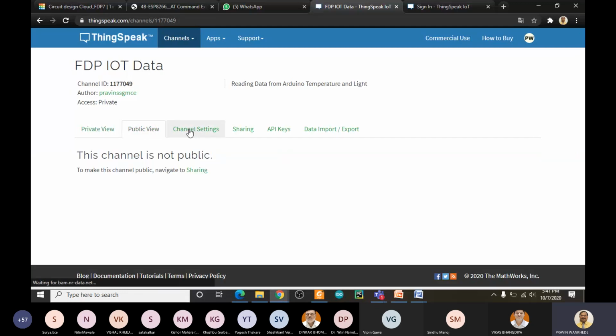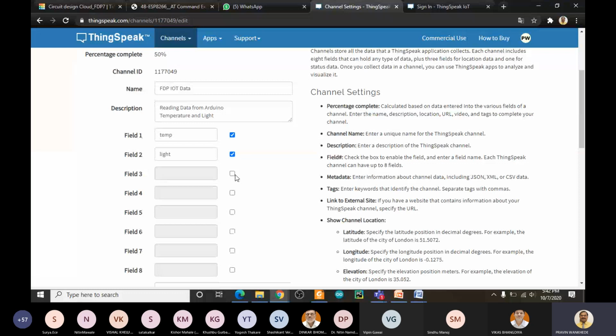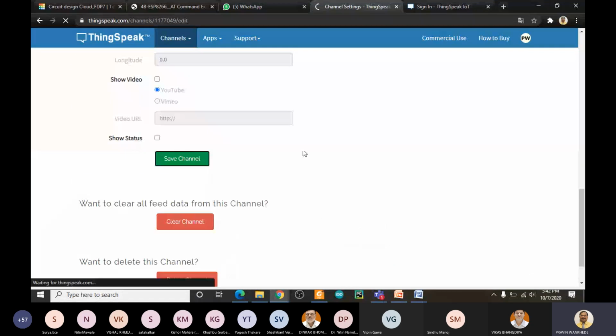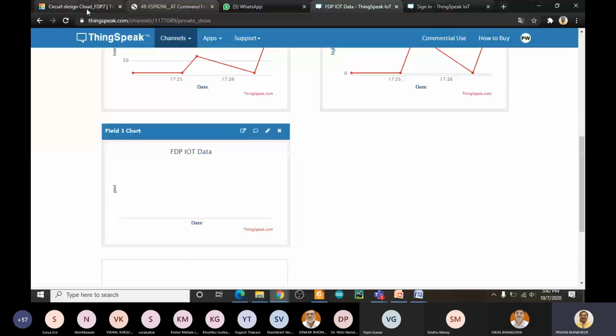If you go to the channel settings, I will create another field here with the name pot, and then save the channel. I got another field here, so now I don't have any data.